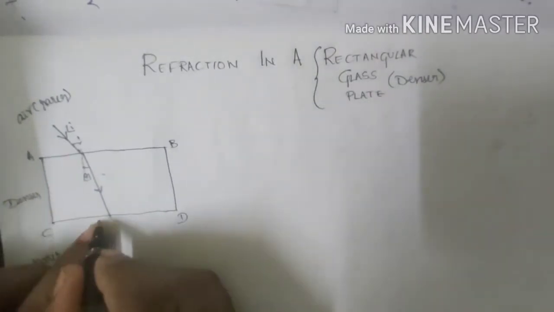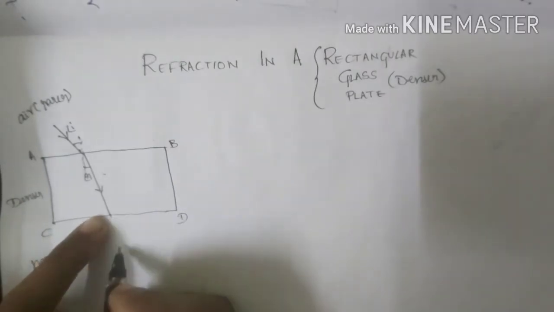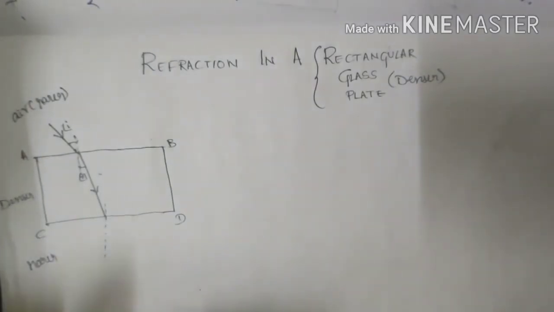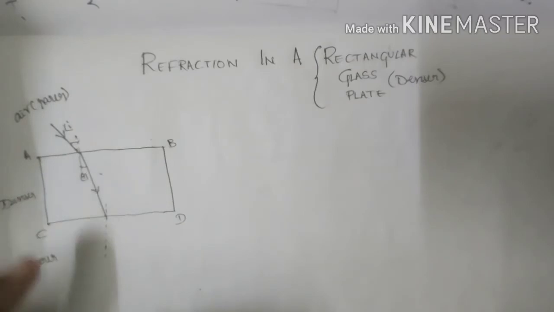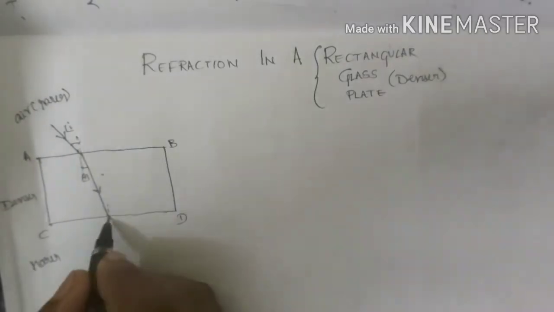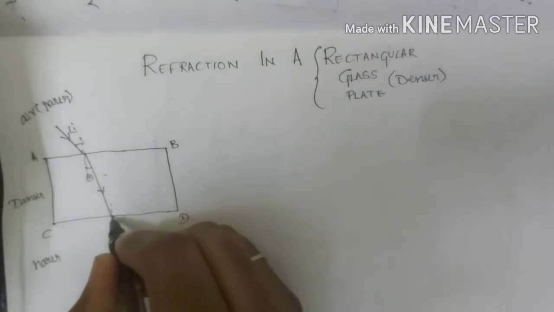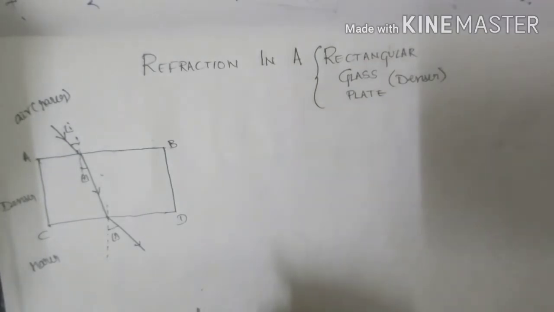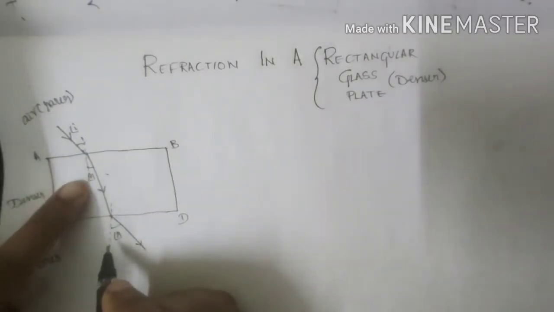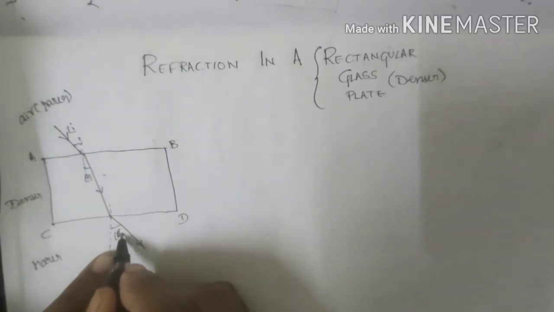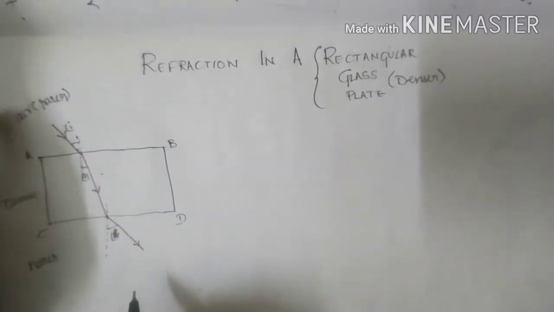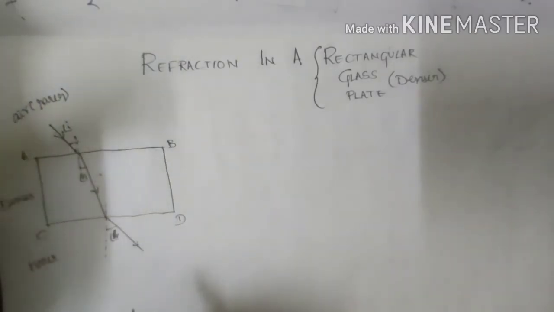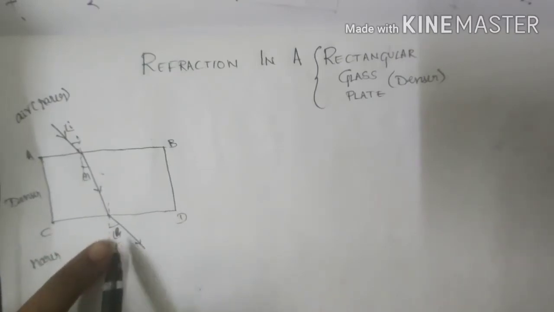Now look here. Again, this is an interface where the glass medium is meeting with the air medium. Now draw the normal again. We know that if the light is falling from denser medium to rarer medium, then the refraction takes place away from the normal. Away from the normal, it will go like this. Angle of refraction. But here, this alone is said to be the angle of refraction, whereas this is called the angle of emergence, because light that is falling from rarer passes through a denser medium and again goes to rarer. So it is emerging from the denser medium. That's why we call this the angle of emergence.